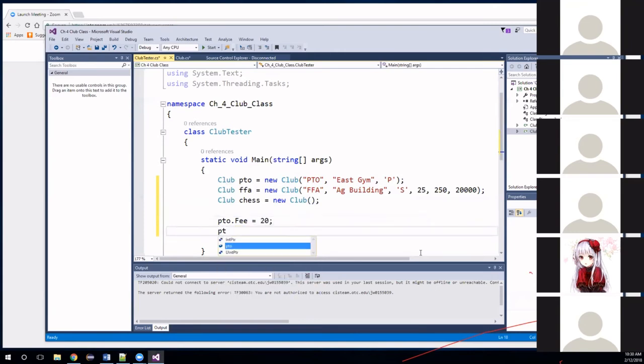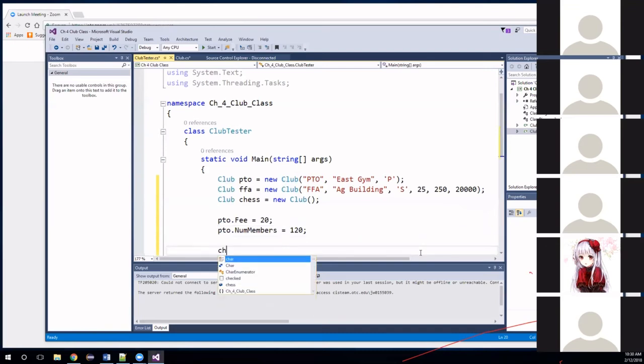This could have come from some sort of online screen or website. In our case, we're hard-coding it in our tester so that we can test our class, because where our input comes from doesn't matter as much as whether our class performs properly. So we're updating our PTO instance to show that it had some sort of revision. Next, for our chess club,